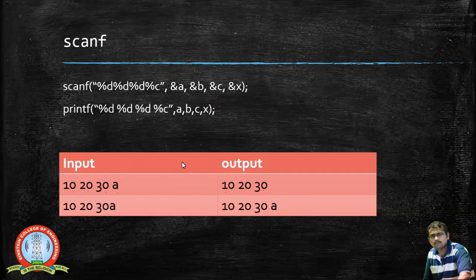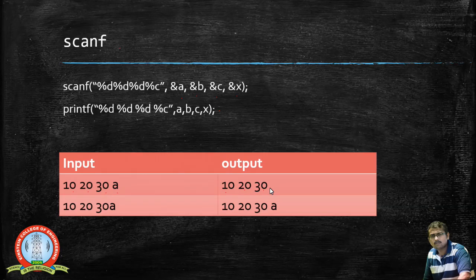But what actually happens here is, when you are trying to read the value of x, at this point I am giving a space. So this space is taken as a character and this character is stored in x. So actually after 30 a space will be printed, but we cannot see that. So this A becomes the next character. In this case a space is converted into a character and it is printed.